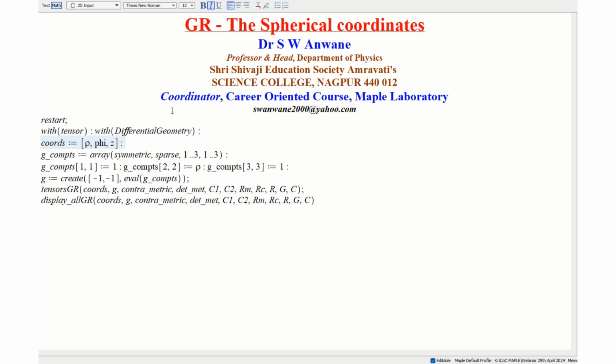Restart with tensors, coordinates. Actually, I have written here spherical coordinates. It should be cylindrical coordinates. So I am correcting. So the coordinates are rho, phi, z,